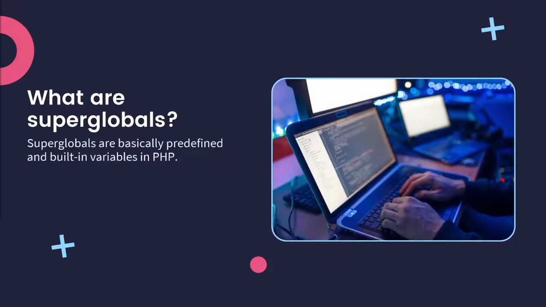So what exactly are superglobals in PHP? Well, there are several predefined variables in PHP that are called superglobals. This essentially means that they are always accessible regardless of the scope within the script. And you can access them from any function, class, or file without having to do anything special. We've seen how we can actually work with a global variable before, so it's best to think about it along